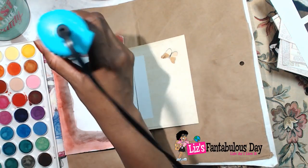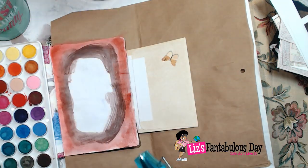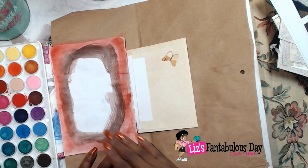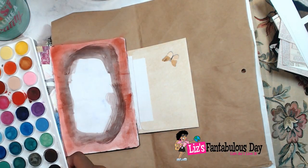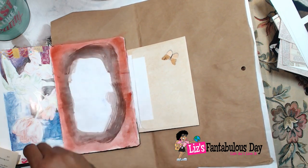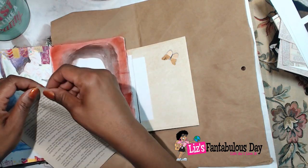Yeah, you got to get your heat gun. If you're going to do mixed media, any type of mixed media, the heat gun is definitely going to be your friend. Because see, this is dry, and these are watercolors anyway. Watercolors don't take that long. So let's just put this aside because I'm done with that now. Like I said, I just wanted this to be kind of a background. It didn't even have to be a neat background. And then I'm taking one of these pieces of paper